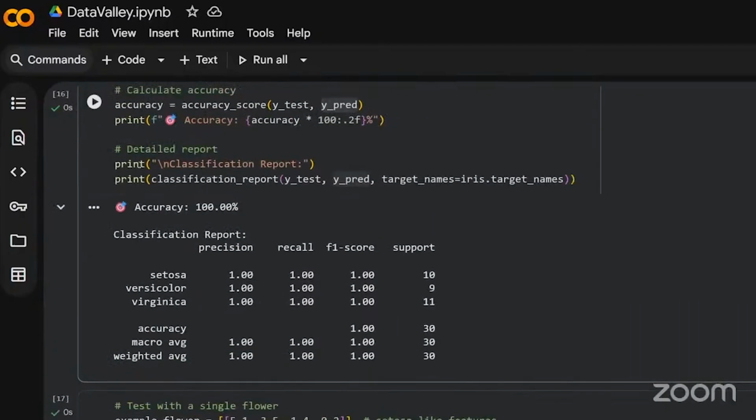Okay, and this is the classification report. Like I have trained the model, right? So based on class, I need a classification